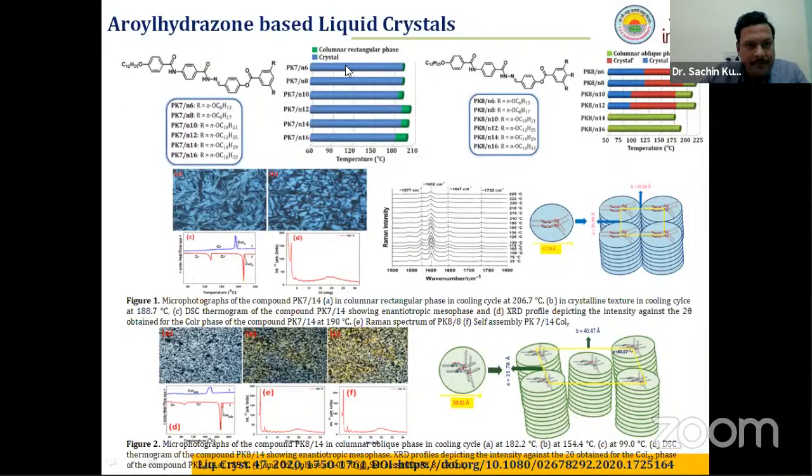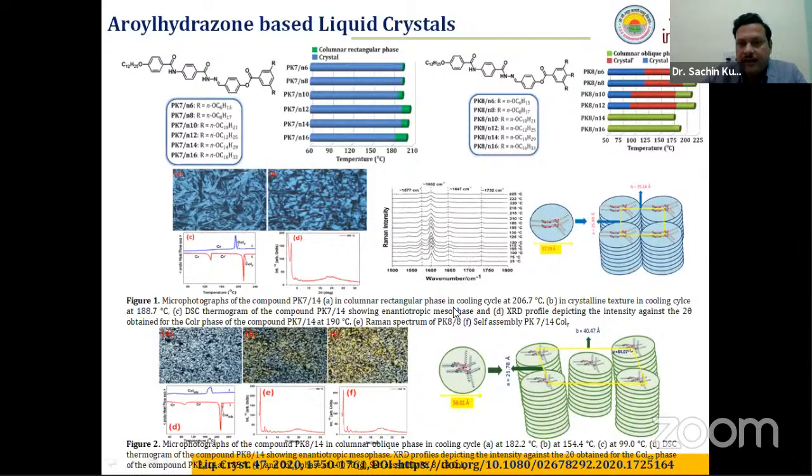When the diamide bond is there, we actually got crystallinity. It is a totally crystalline material having columnar rectangular phases at very high temperature. Now see, with a small variation of R here, we are getting room temperature liquid crystal stability up to 180 degrees Celsius. This part is under process of patent. That is, we are getting room temperature liquid crystal columnar mesophases up to 180 degrees Celsius in this type of core. We are getting columnar oblique phases, and different crystalline phases, and this columnar oblique room temperature liquid crystal phase we observed.